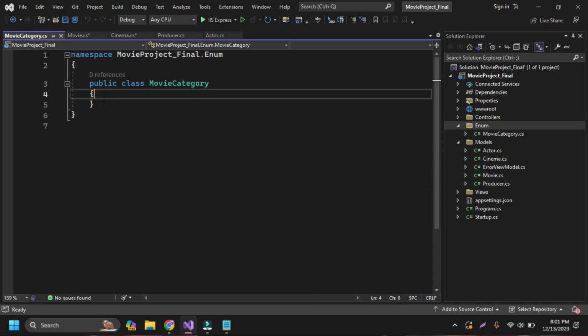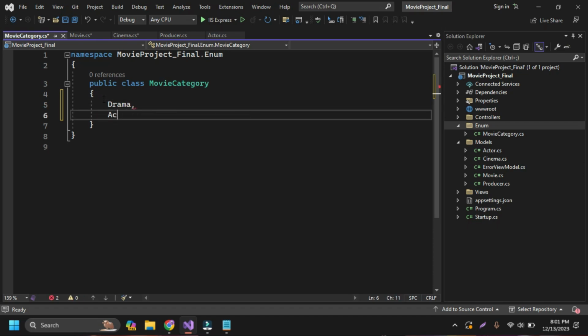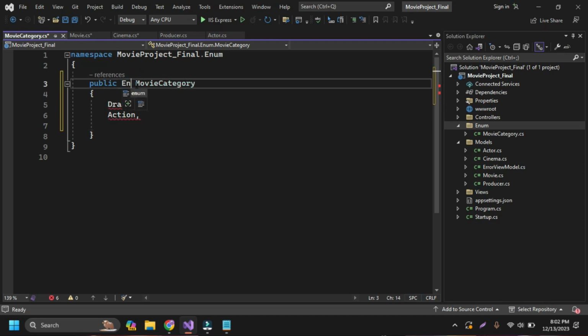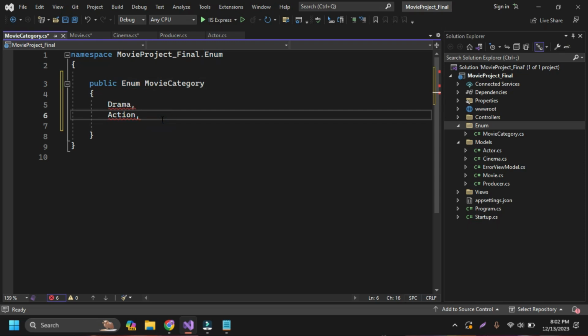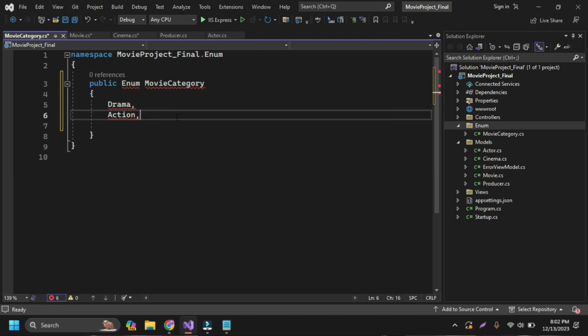First of all, let's change this class into an enum. This is actually an enum, MovieCategory. Inside it I can write drama as the first, and action as the second,